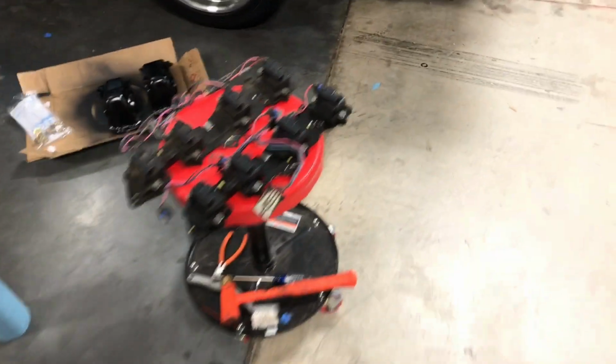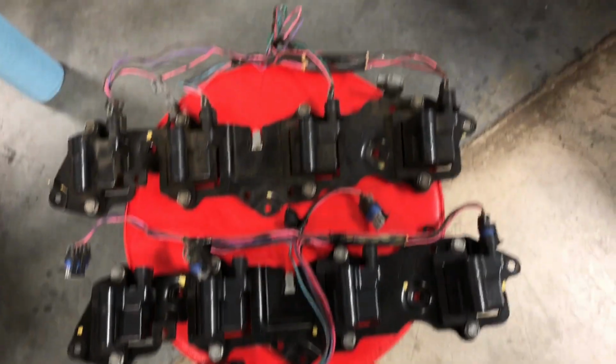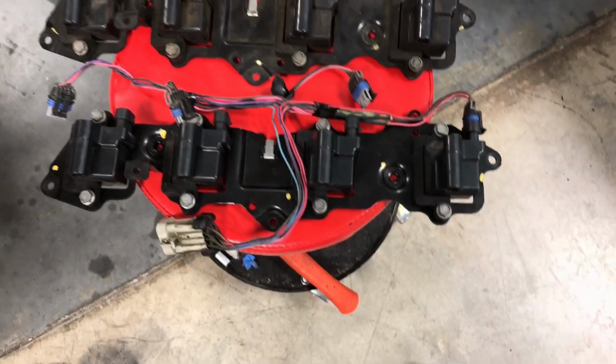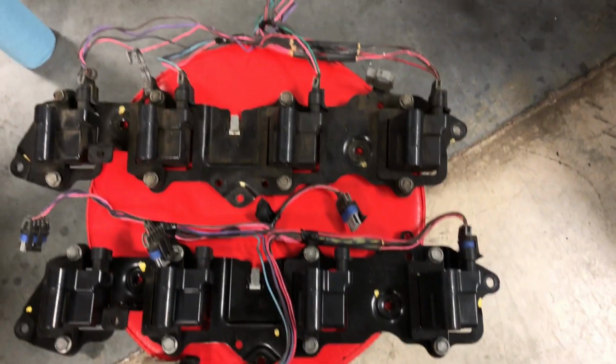The engine stands are painted. I get those done, get the hardware there. I started cleaning on the coils. You can kind of see which one's which here. So these are just some old beat up truck coils. I'm gonna try them. I guess I kind of got tired of buying all new parts, so I'm gonna see how these work out. Get those cleaned up, and then also my dad and I got to